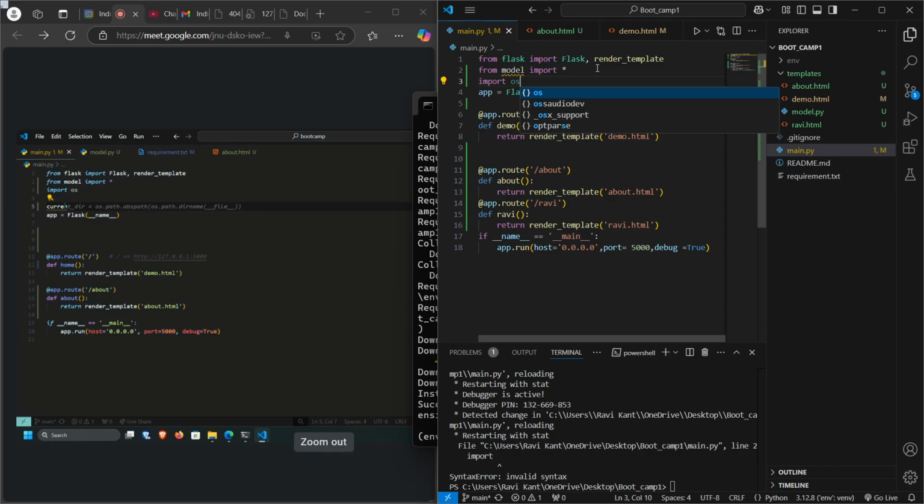So where we'll write this? Yeah, so this current directory. Every folder in Windows is called a directory. So current directory is equal to os dot path